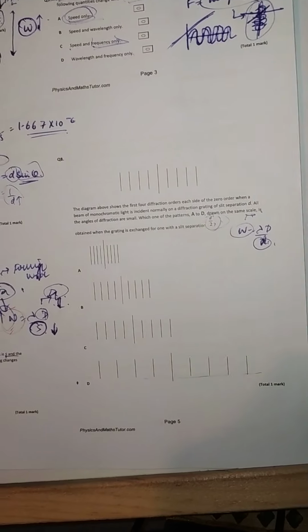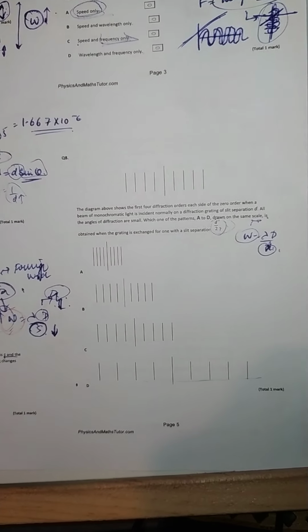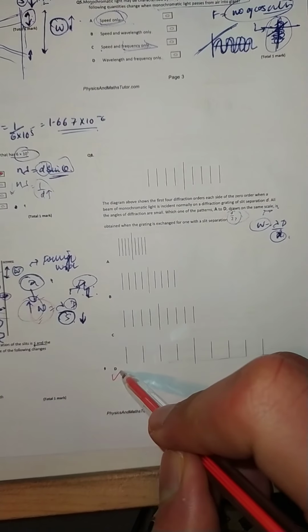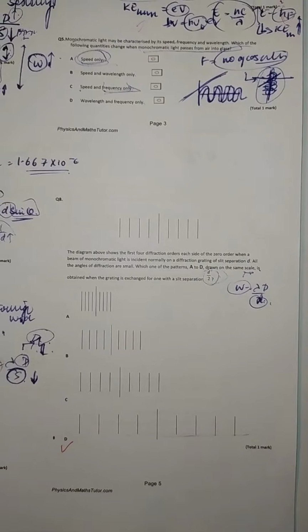Moving on to our question number 8. Now, the answer to question number 8 is actually D. You were correct. Very good. Because it actually says that as the separation should change to d by 2. If the separation between the